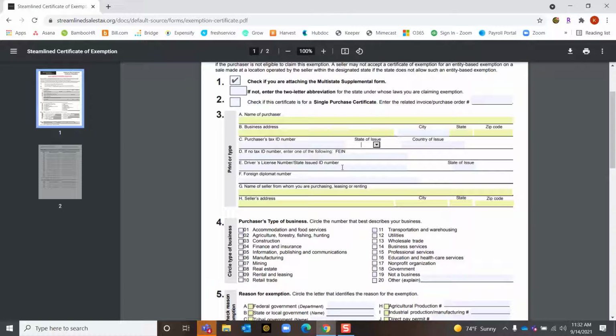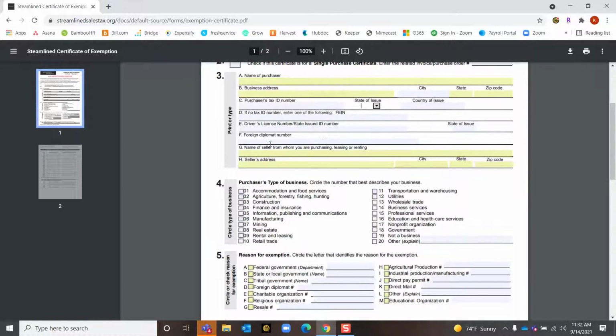You can ignore all of these. You don't really need to put your driver's license or foreign diplomat number because you're usually registered in your home state. Then the name of the seller from whom you're purchasing, leasing, or renting. This is who is asking you to provide them with this certificate so they stop charging you sales tax. So whether it be like a supplier from China, if they're collecting sales tax in the US, or any vendor or drop shipper like Printful or like 3PL that does drop shipping for you, put their information on here,